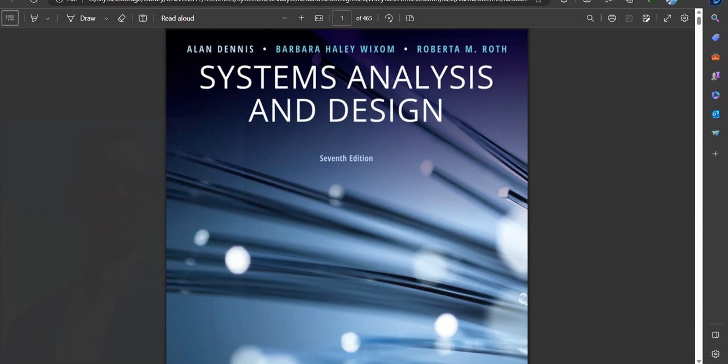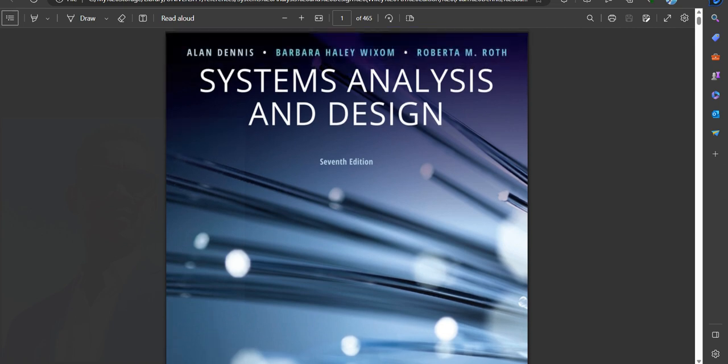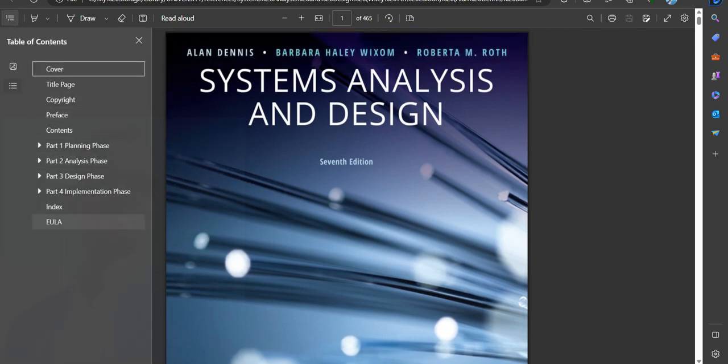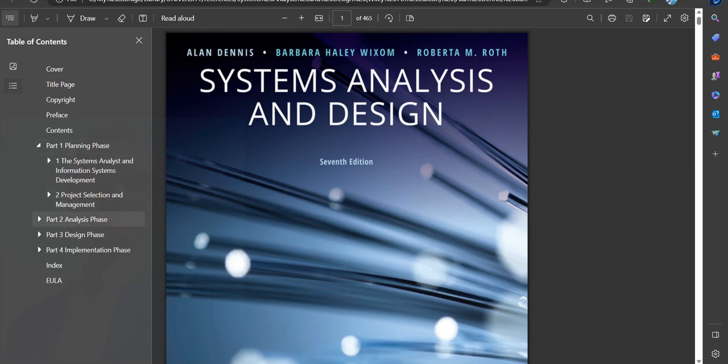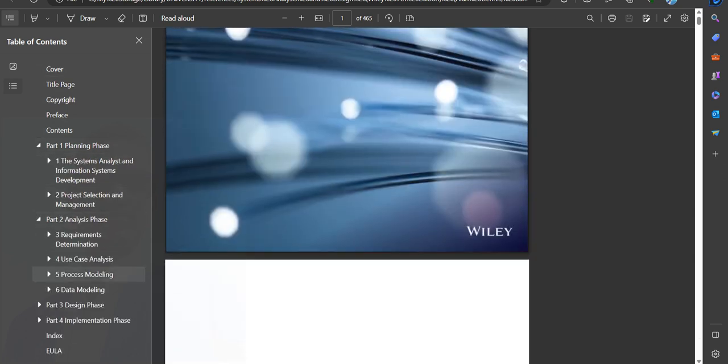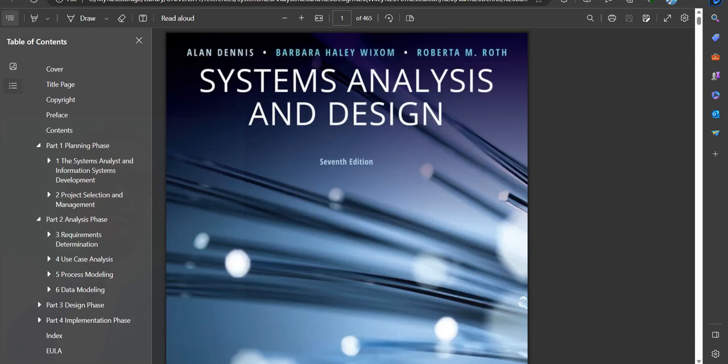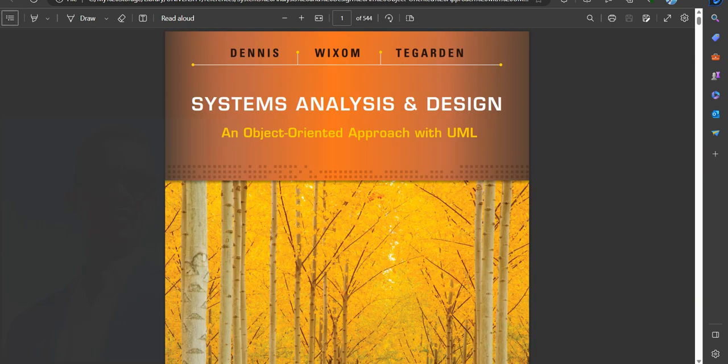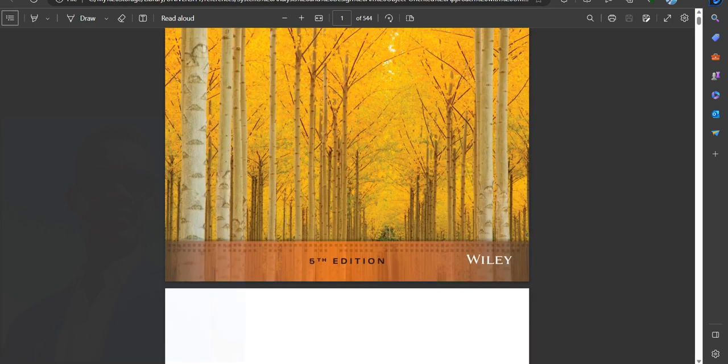It discussed, as I said, the traditional approach and lays down the foundation for understanding the core concepts of system analysis and design. And these topics are discussed in this reference, as I said. And the second one is system analysis and design, an object-oriented approach with the UML, the 5th edition, and